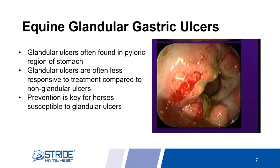Now, with glandular ulcers, and if you remember now, the glandular ulcers are going to occur in the lower part of the stomach and towards the pylorus, which is where the stomach empties into the small intestine. So ulcers in the glandular part of the stomach are less responsive to treatment than ulcers in the non-glandular region. So if I'm presented with a horse that's got ulcers in the non-glandular area, usually by changing management, treating with GastroGuard, working with my vet to get those ulcers cleared up, we normally have a pretty high success rate